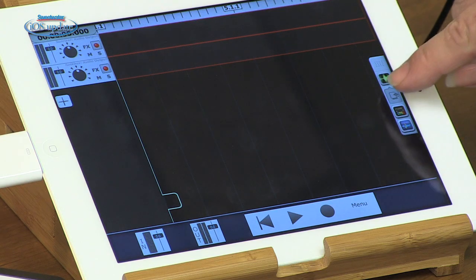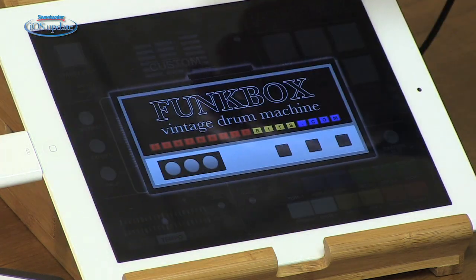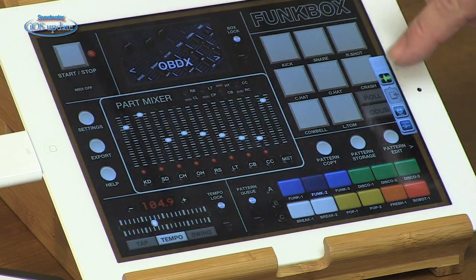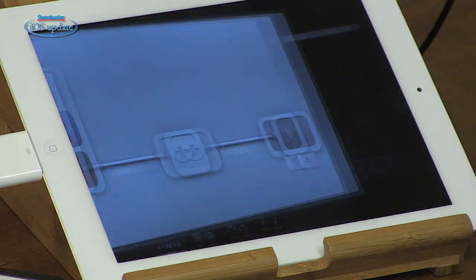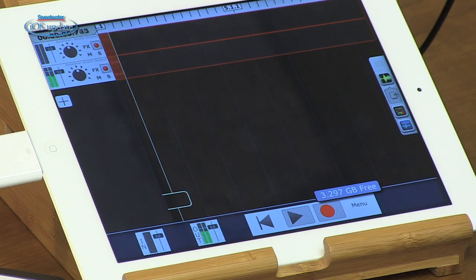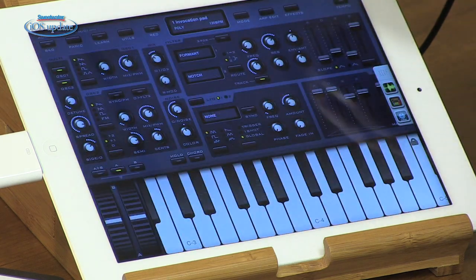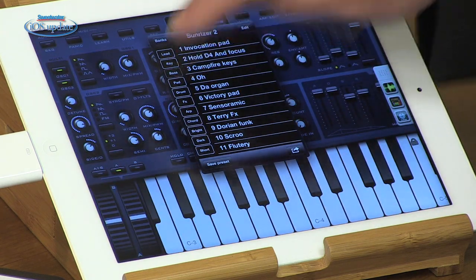And now we can go back over here, start up our drum machine, come back to multi-track DAW, get ready to record, and we're recording at this point. Now we can jump over to Sunriser, choose up a bass sound,